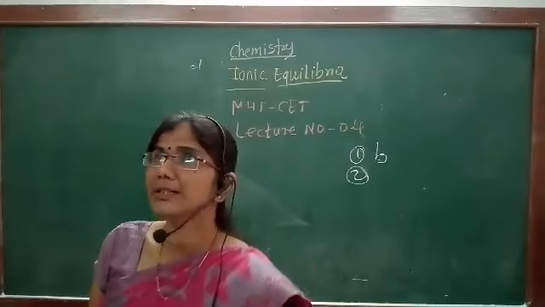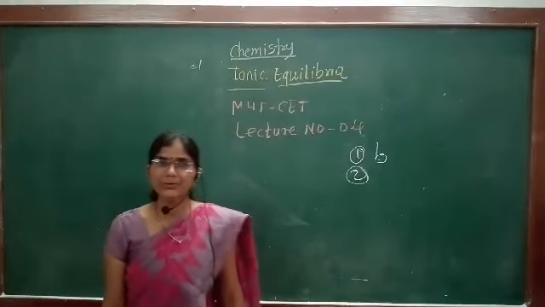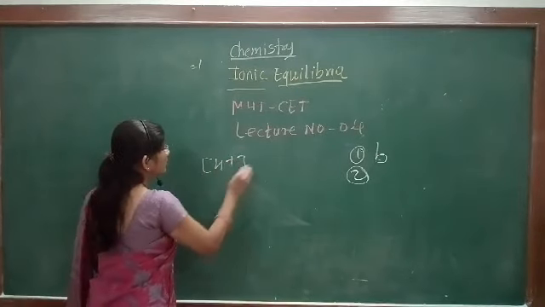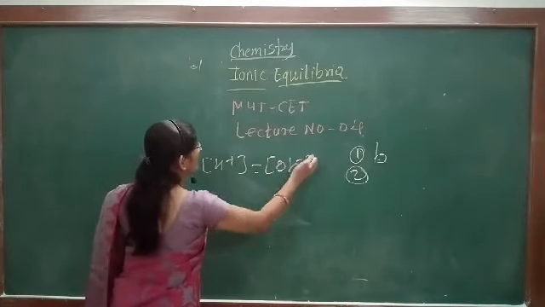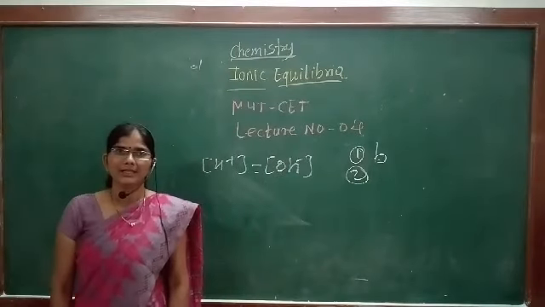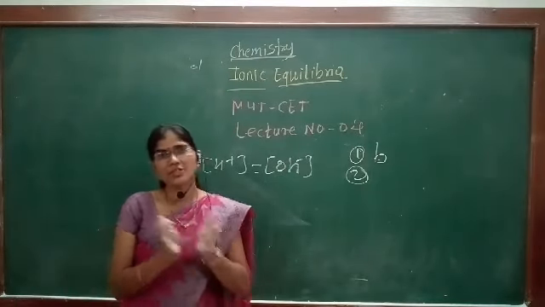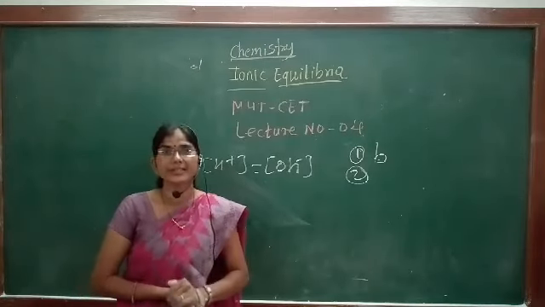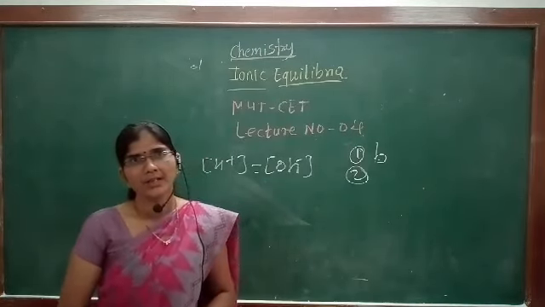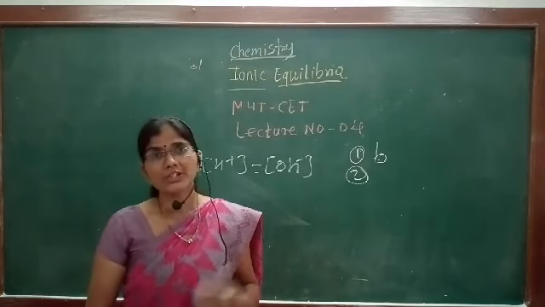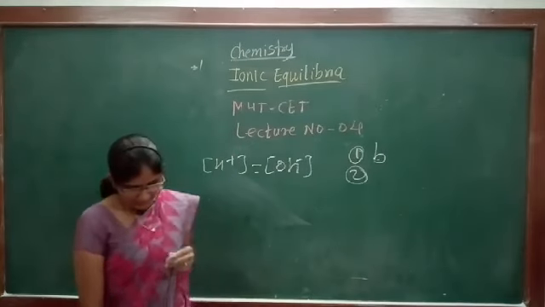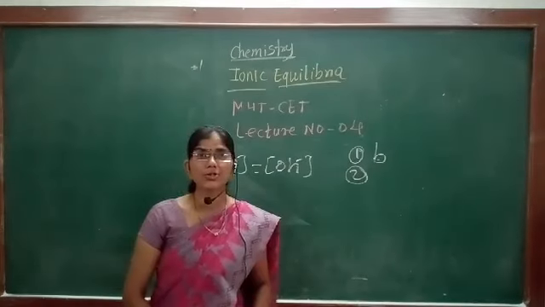If we consider pure water, in pure water the H plus ions are equal to the OH minus ions. The number of H plus ions is equal to the number of OH minus ions, it is only at 25 degrees Celsius. And therefore the pH of this solution is how